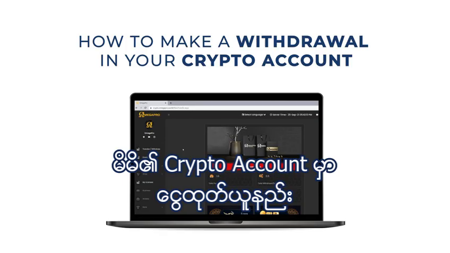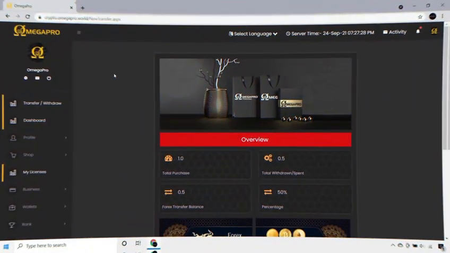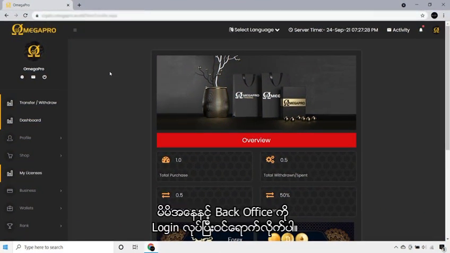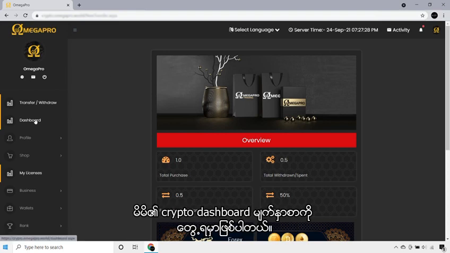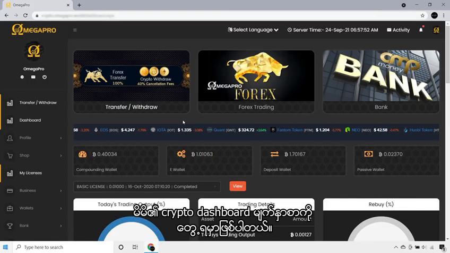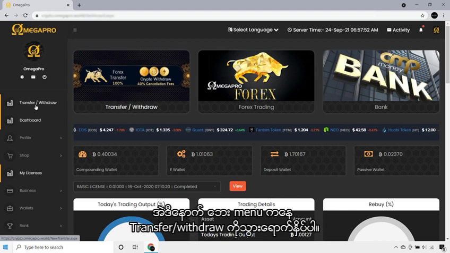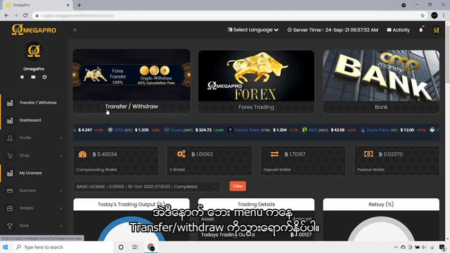How to make a withdrawal in your crypto account. If you are not already in this page after logging into your crypto backoffice, you can access the page from your crypto dashboard by selecting the Transfer and Withdraw option in the side menu, or click the Transfer or Withdraw